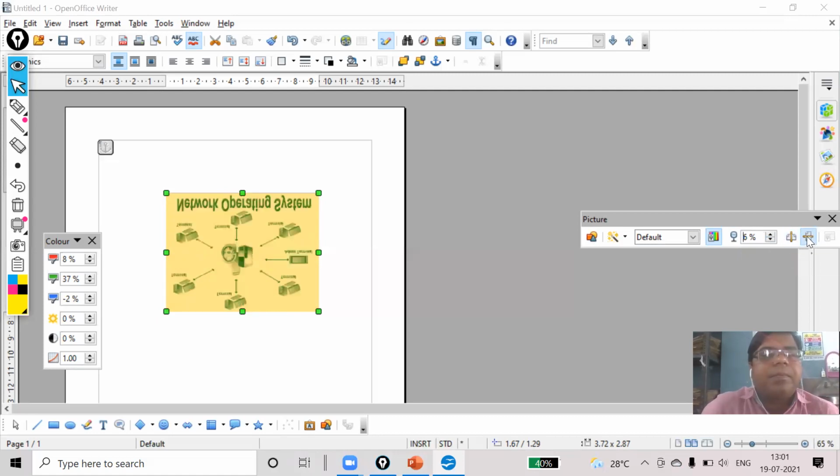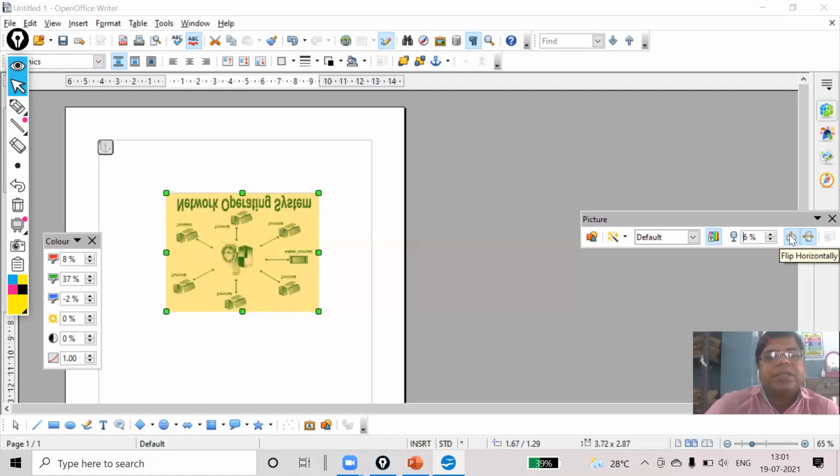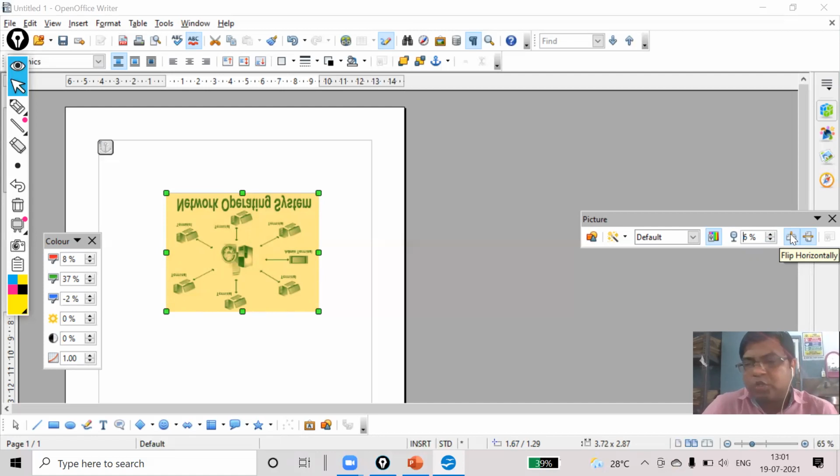Now you can see it has been flipped. The same way you can do it vertically also. Watch it carefully. It has been flipped vertically. It is up to you which way you want to do your work.